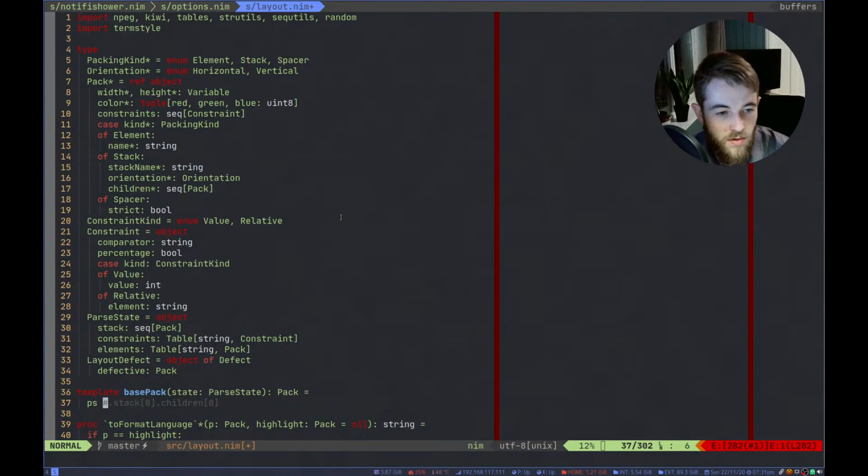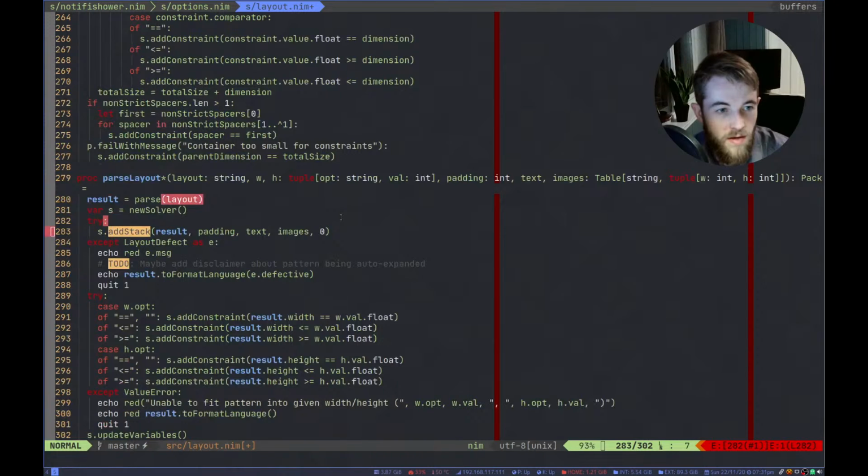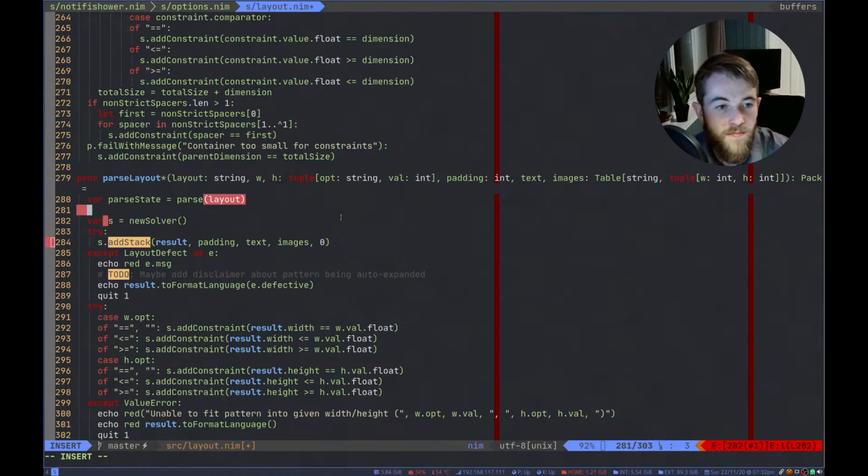Not return, that's just going to do this. And now down here, that's not result, that is parse state, and result is parse state.basePack, and this add stack is also going to take the parse state in there.